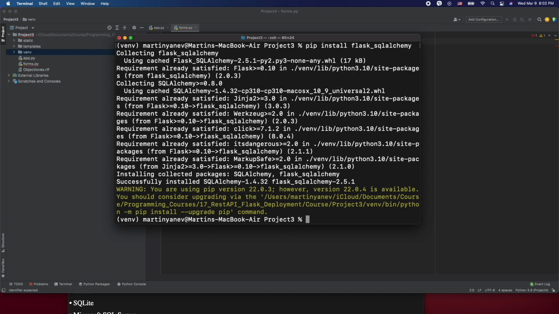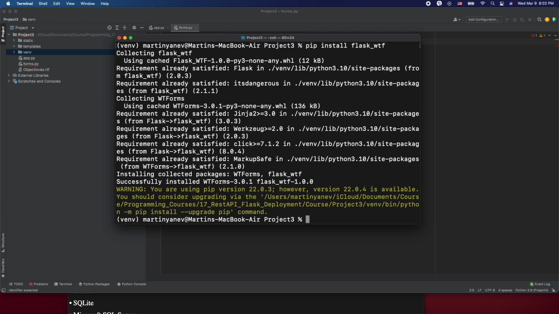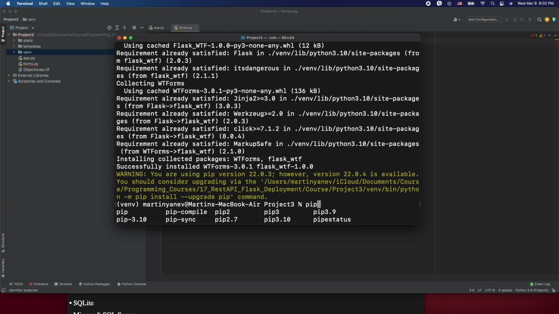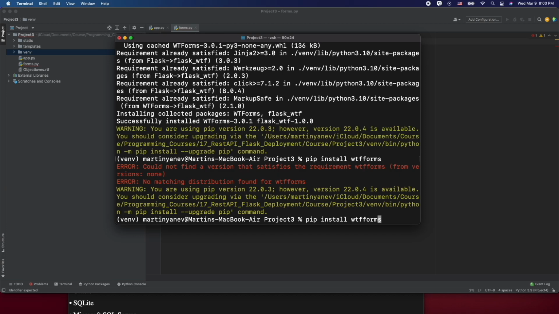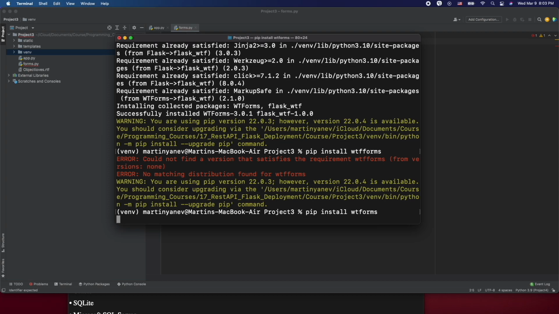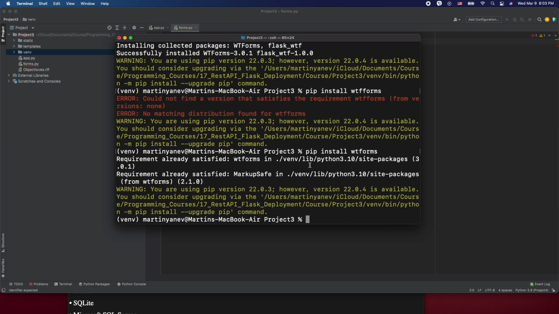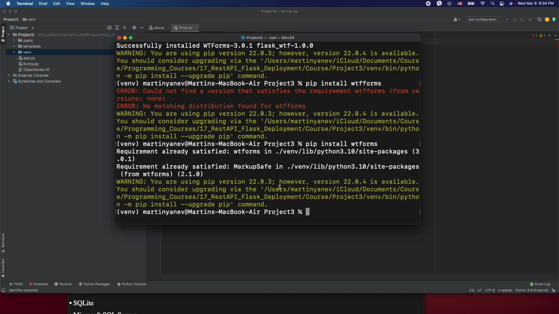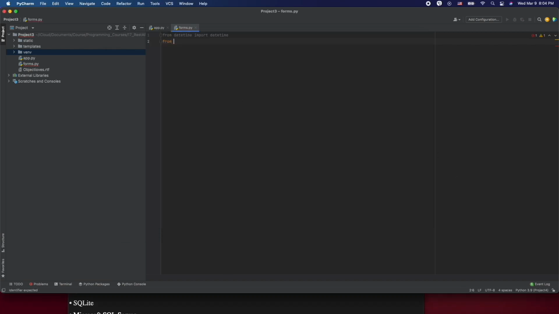Then pip install Flask-SQLAlchemy. Okay, and finally let's do again pip install Flask-WTF. Okay, then let's do another one, pip install WTForms. Actually it's WTForms. Okay, so that's done. Once you have those packages installed in your virtual environment, you can go to